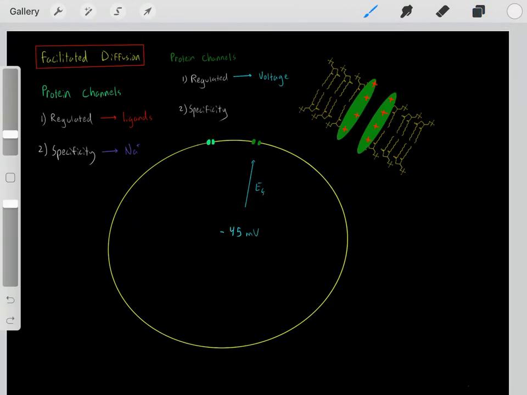And again, remember, this is a protein channel. So it's a protein channel made out of amino acids. And certain amino acids are charged, for example, lysine and arginine. So therefore, if we create the right voltage, it'll create the right electric field that can exert forces on these amino acids. And when this electric field exerts forces on these amino acids, it goes through a conformational change where